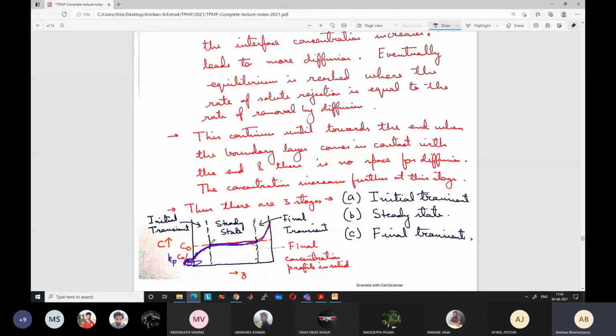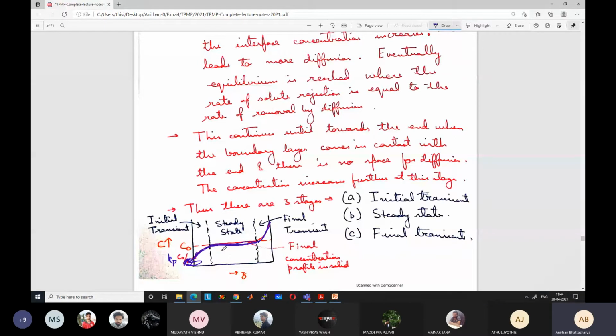Okay. So what we are going to do in our class today is study the steady state part. Last year, I also discussed the initial transient, but I guess this is not required. It is outside the scope of the course, and we don't want to go into too much detail. So we'll just discuss the steady state part. Although in the notes this initial transient part is there, you can skip over this without any problem.